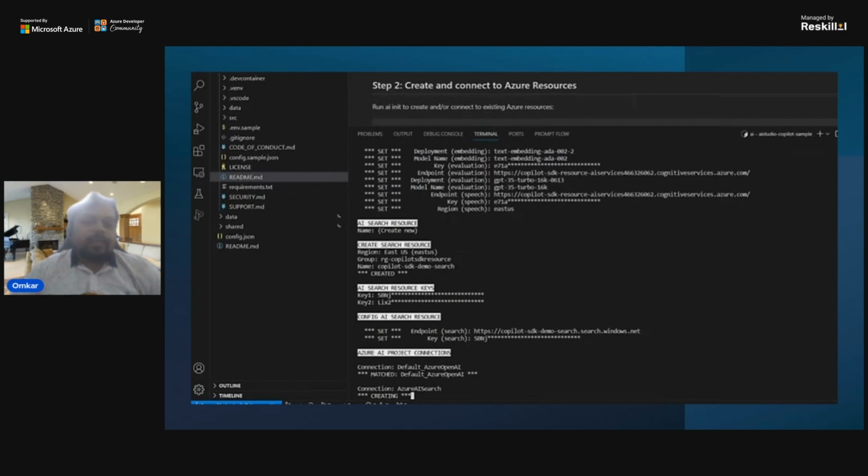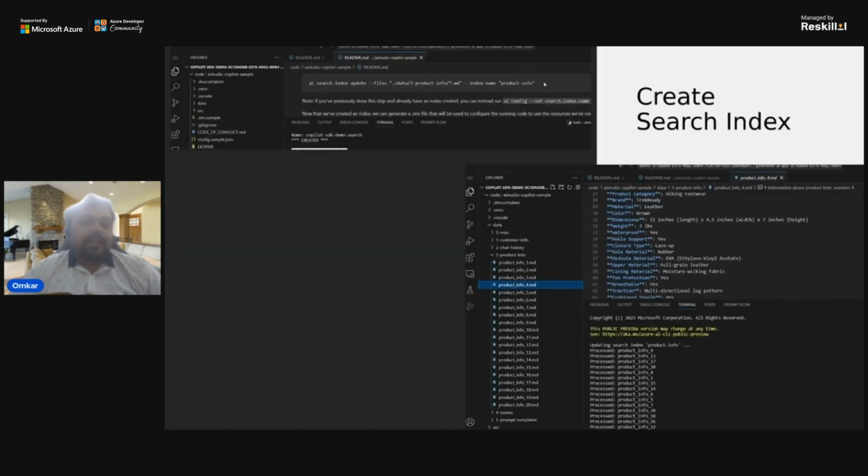And trust me, it seems very easy, but a lot of things are happening in the background as you select these options one by one. All these resources are getting created under the resource group which we created in the beginning, and everything gets mapped to the project you are working on. Now, once it is created, we go ahead, because as I said, we are trying to create